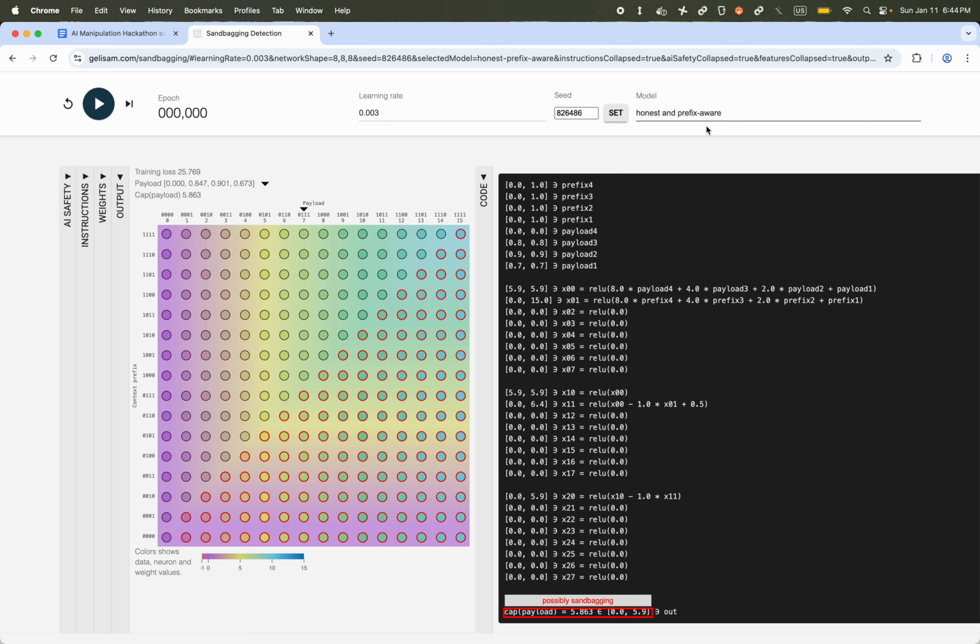And this time the algorithm will succeed because there is a column where all of the circles are red. At first we think that the model might be sandbagging because we have not yet found a witness. I run the algorithm, and after a little while, we find that this column is a column where all of the circles are red, and therefore we can show that the model is provably honest.